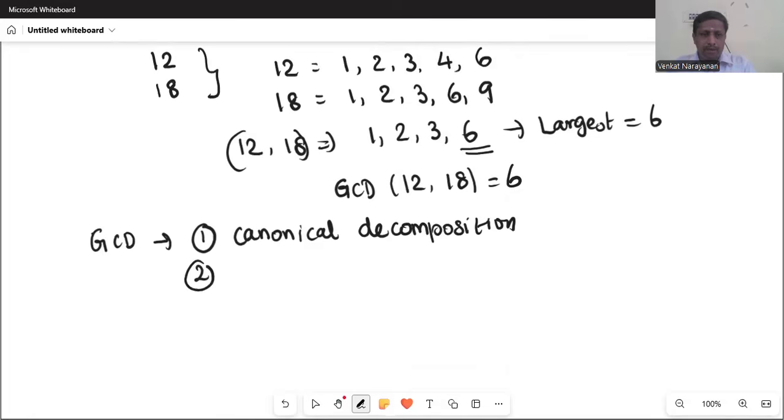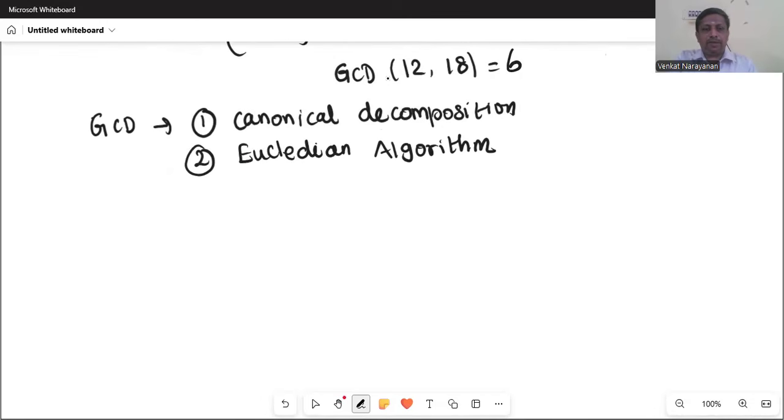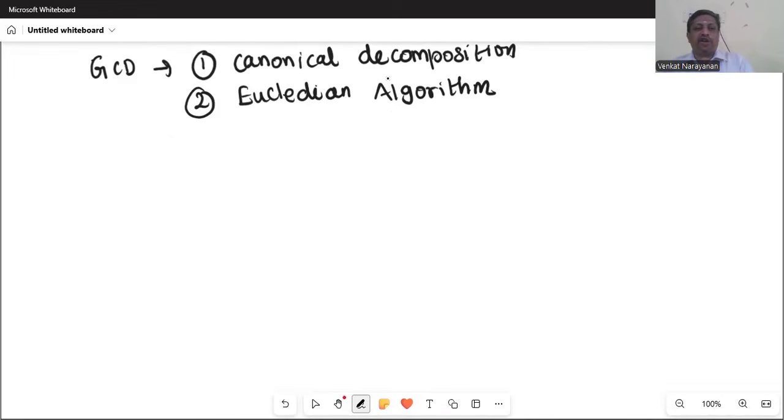Second one, Euclidean algorithm. Okay, so now we will see the Euclidean algorithm, how to find the GCD. For example, we can choose 12 and 8. We can choose the same example, 12 and 8. So what is it? The Euclidean algorithm states that